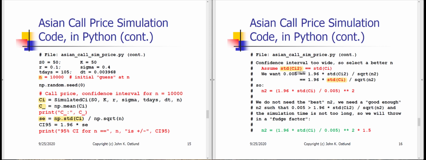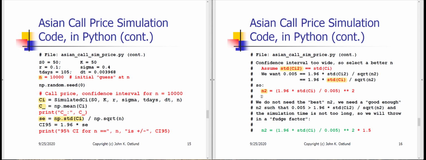We've specified this precision 0.005. We're actually looking for n2, so we need to multiply by the square root of n2, divide by 0.005, and then square,